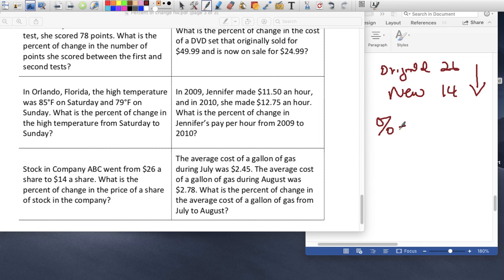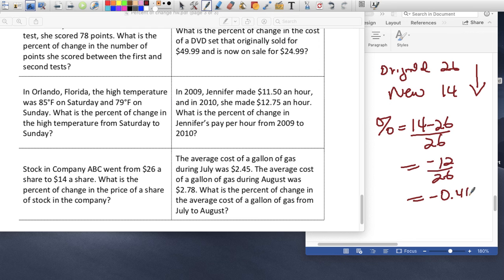The percent of change is the new, 14, minus the original, divided by the original. 14 minus 26 is going to give us negative 12 over 26. So if you divide 12 divided by 26, you're going to get